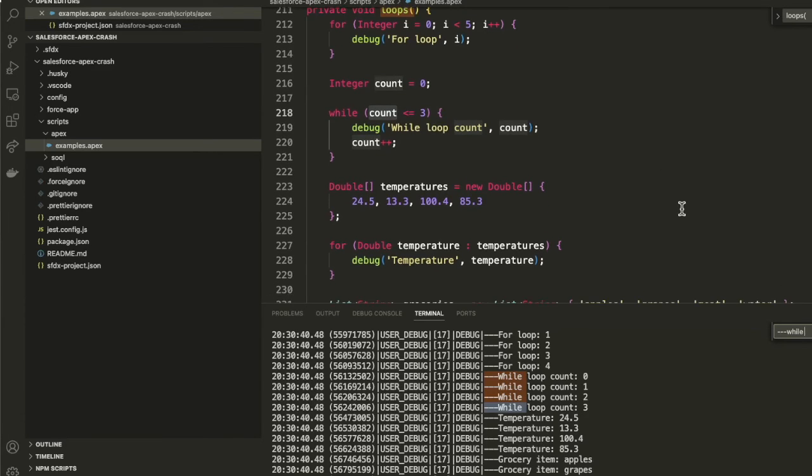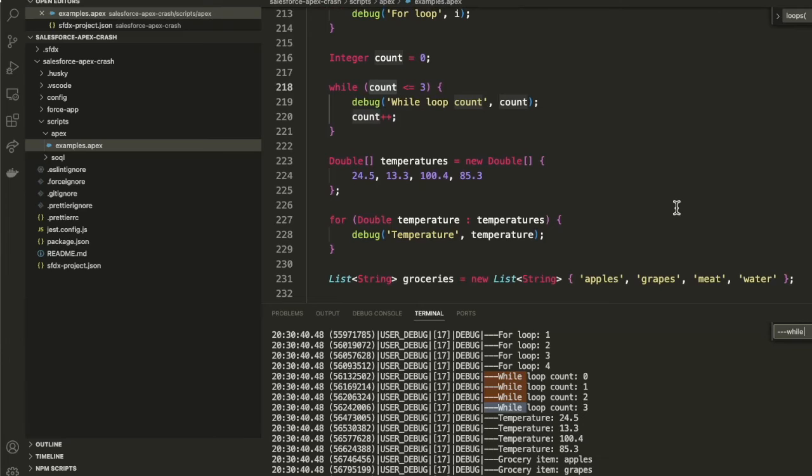All right, so let's move on here. Now we can also use something called a for each loop. And a for each loop is generally used when we have a collection or an array and we are not really sure how many items are in that array. We just want to continue looping until the very end. Then we can use a for each loop. And in my opinion, a for each loop is one of the simplest, if not the simplest, loops to use